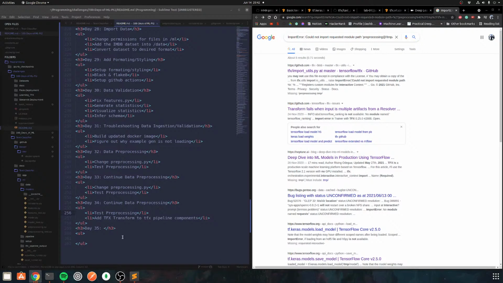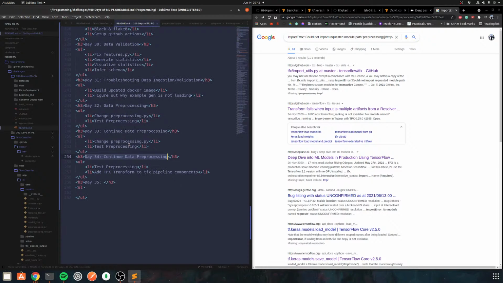Okay, so it's day 34 of 100 Days of ML, and I'm going to be continuing data preprocessing today. Yesterday, where I left off was I finished up changing preprocessing.py, and I also tested the prototype in, I think, preprocessing test in the Jupyter notebook, and I got to the point where I was calling transform using the